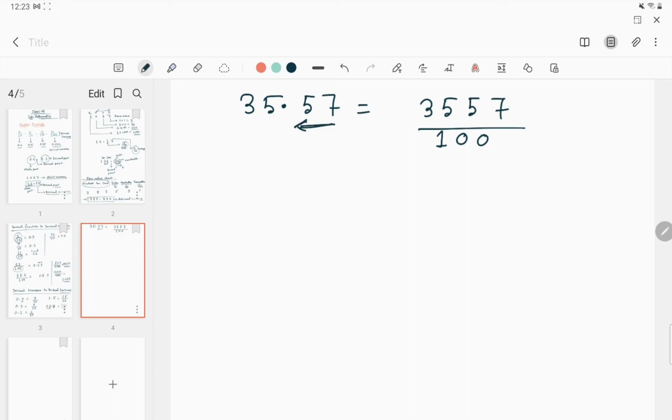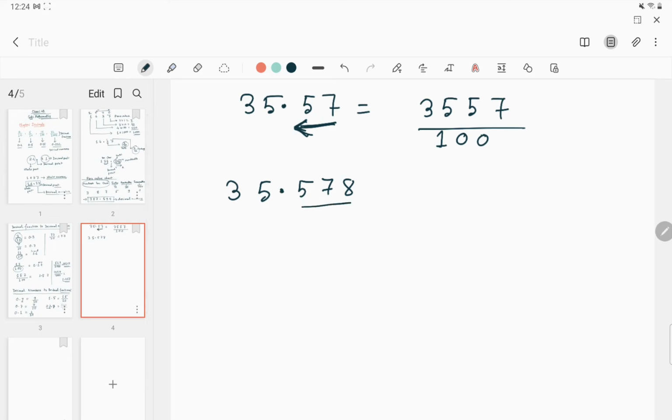These two places confirm how many zeros will come. If it is 2 places, then 2 zeros will come, and these 2 zeros will be preceded by 1, that is 100. If I give you 35.578,